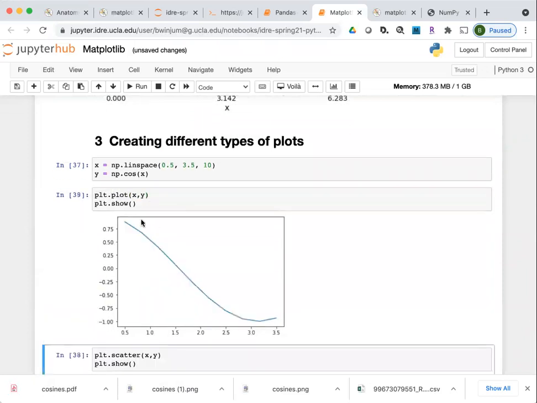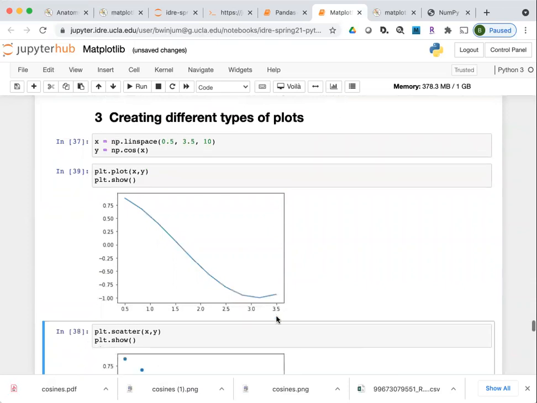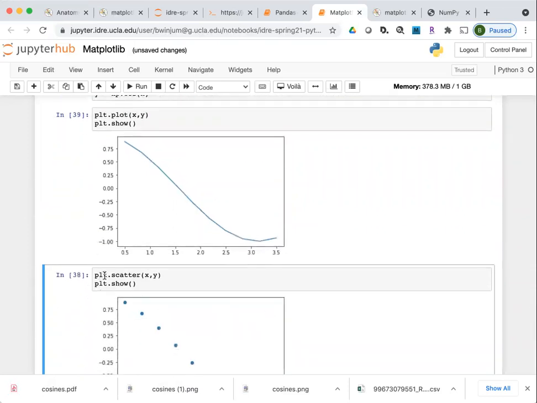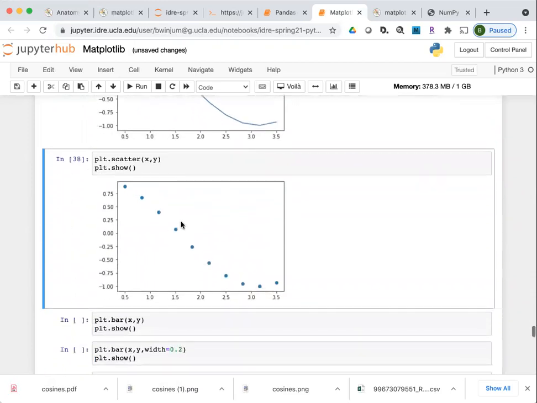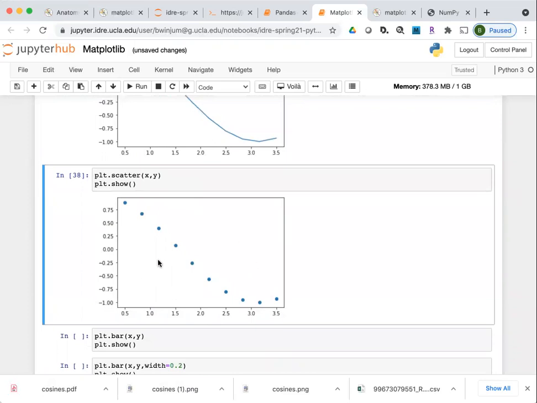Plot by default does the line. There are other methods within PLT besides just the plot, which are different ways of generating different graphics. So in addition to the plot, scatter will automatically give you kind of the markers for the data points. This is like a scatter plot. And with scatter, you can have multiple points all over the ranges.